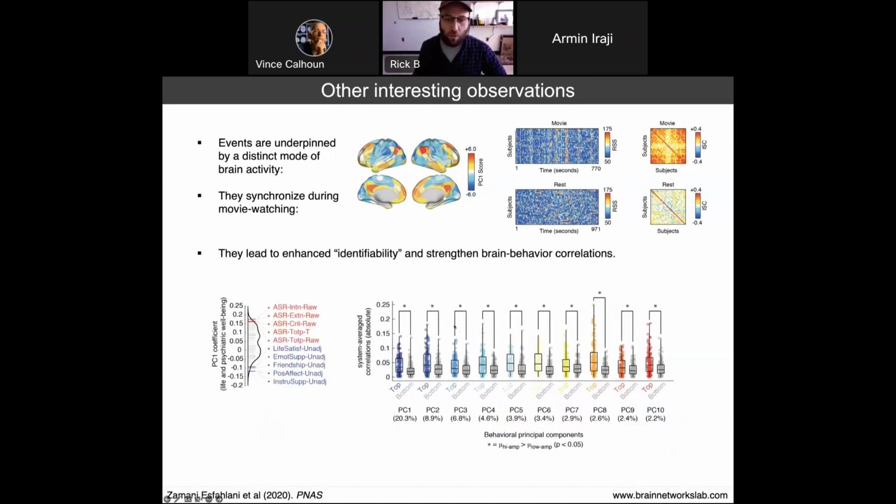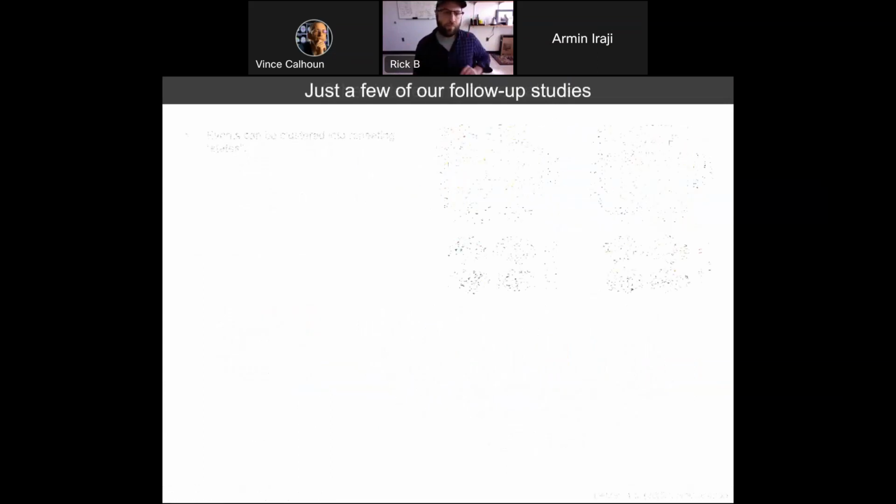And again, with HCP data now, we reconstructed networks for the highest and lowest amplitude frames and used those to predict principal components derived from behavioral and demographic measures. And this is the first 10 components that we derived. On the left-hand side, you see the correlations that we obtained using the high amplitude frames, the top versus the low amplitude frames. In every case, the correlation magnitude exceeded that of the low amplitude. So the high amplitude frames contain some subject-specific and behaviorally relevant information that's not available in the lower amplitude frames.